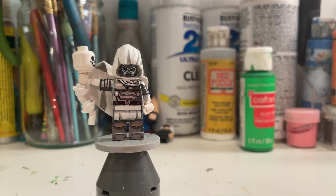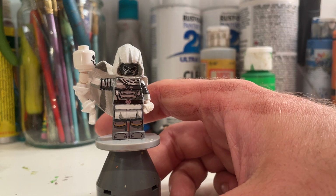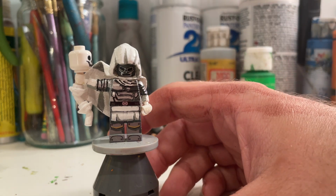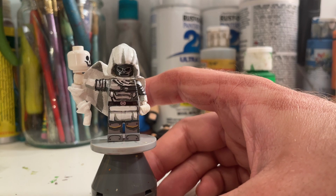He has a little necklace thing. If you just figure out a way to get rid of that, yeah, that would work for a great Doom. Just put a Doom head on, and you've got to get a white hoodie. You can probably even get Moon Knight's hoodie, that would work. I didn't use Moon Knight's hoodie for this, but if you want to make a purist Doom, then just